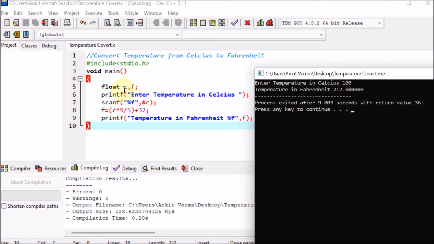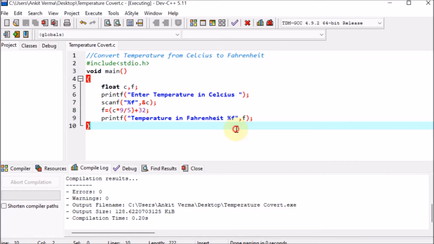Because here we have taken the float, multiple zeros are coming. But I am not liking these zeros. I don't want you to show me multiple zeros. Only show me 2 zeros. So for that we are going back to the code.